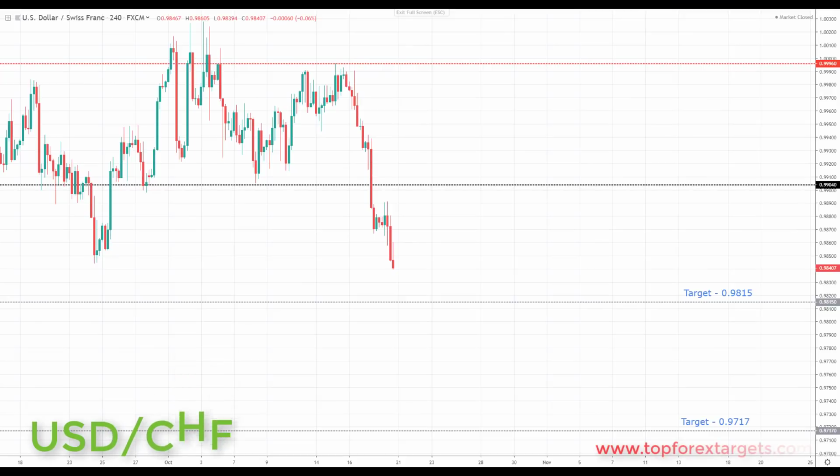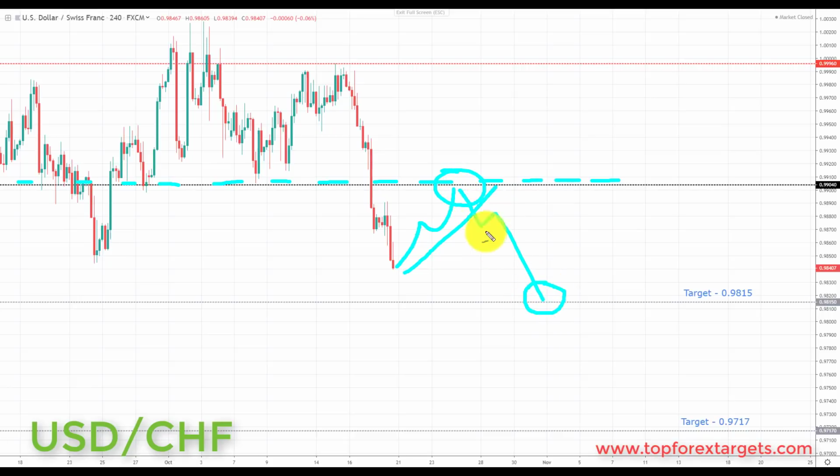The next market that we're going to look at is US dollar Swiss franc. Now we start the week below a key area of broken support from the past, looking to turn resistance at the 0.9904. If we can get a pullback and a retest of broken support turning resistance, this is going to be a fantastic place next week to start to look for those bearish formations and patterns. And we're going to be looking at initiating shorts down towards the next key area of support to the downside, the target set, the 0.9815.